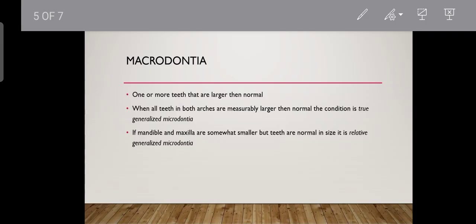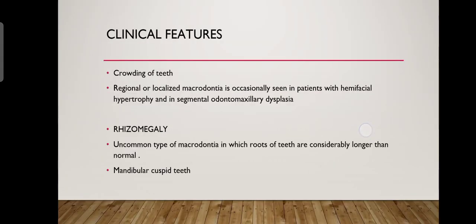It is used to describe a condition in which the mandible and the maxilla, or both, are somewhat smaller than normal, but the teeth are normal in size. So, this gives the appearance or illusion that it is macrodontia. Now, the clinical feature is crowding of teeth,